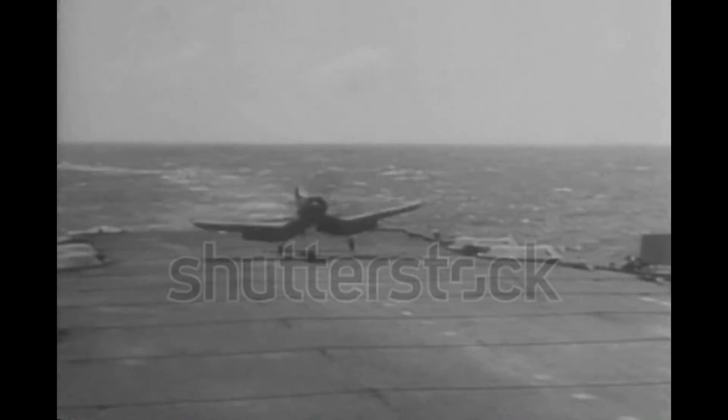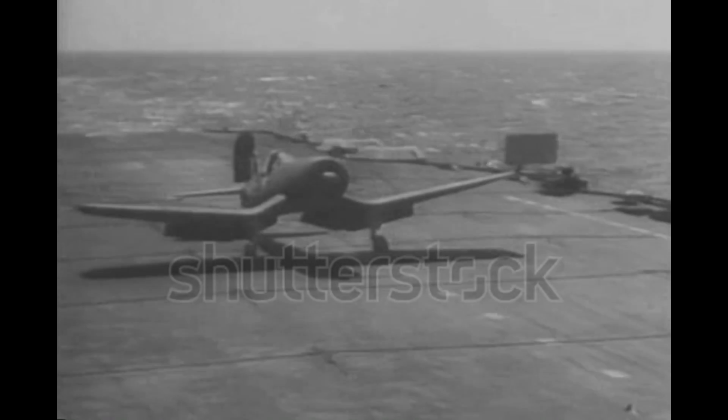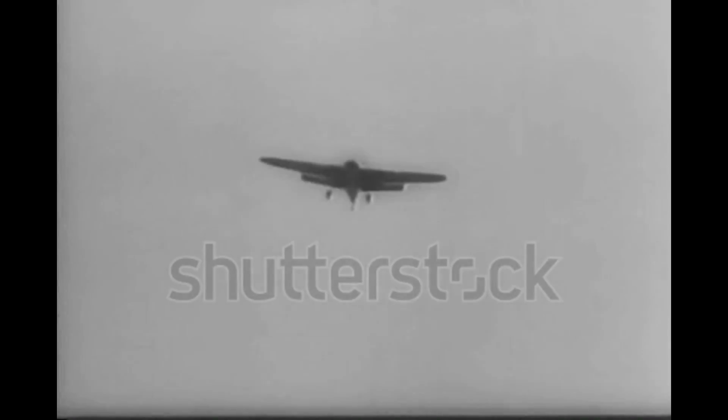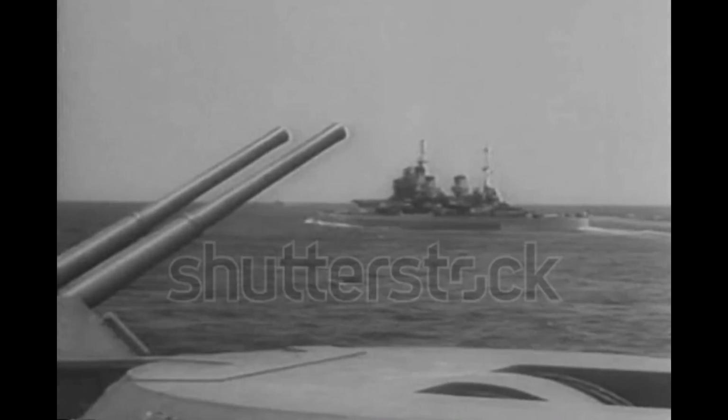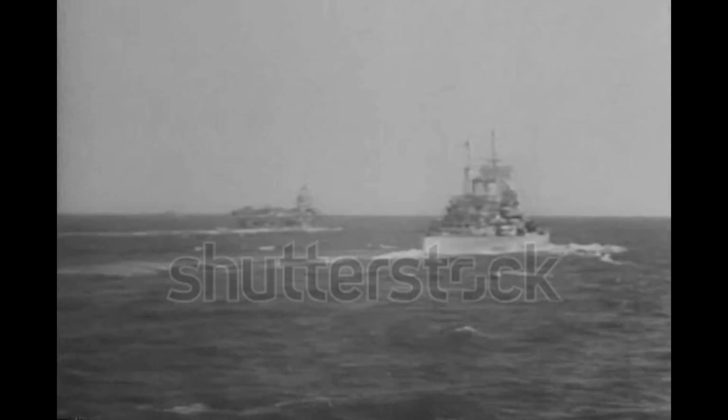Another memorable engagement carriers found themselves in was the hunt for the Bismarck, where the HMS Ark Royal launched Swordfish torpedo bombers to hunt down the Bismarck and try to sink her, but at the very least incapacitate her. These were outdated bombers, but they worked perfectly against the Bismarck, and at the very end of the engagement, before the last planes had to turn back, they managed to hit the Bismarck's rudder,